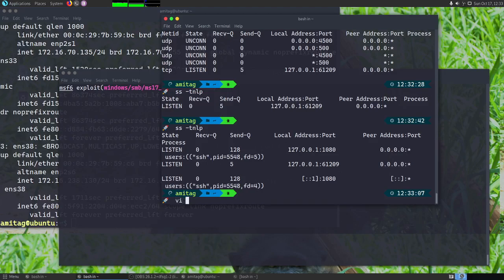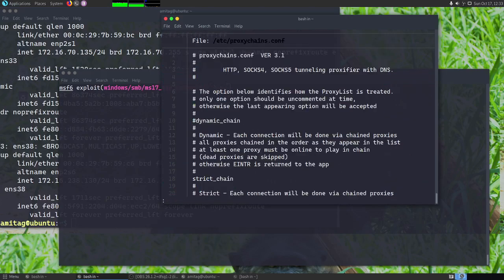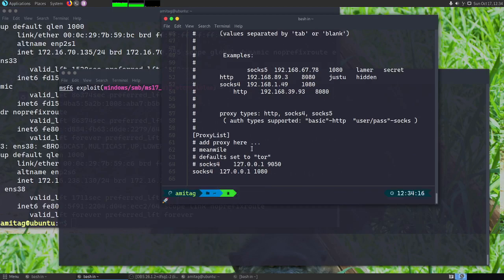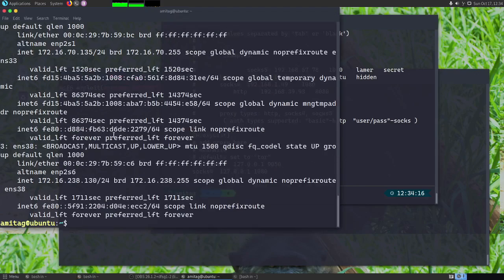For that, what we are going to first do is look at cat /etc/proxychains.conf, and I have added here socks4 127.0.0.1 1080. This is telling that I want to use a SOCKS4 proxy, and it is going over port number 1080 through localhost to any other host that we want to use. So if we run it through proxychains, then it will be going over this specific connection that we have here.